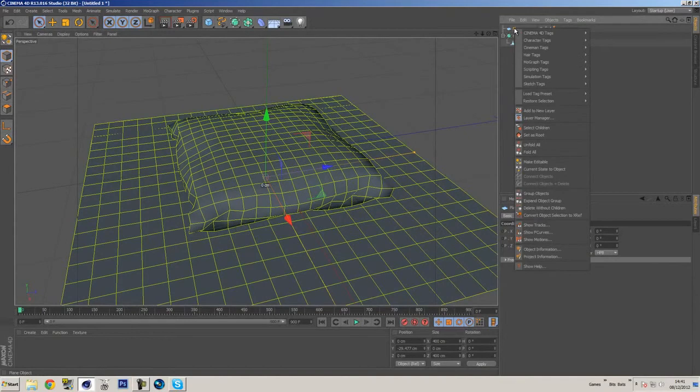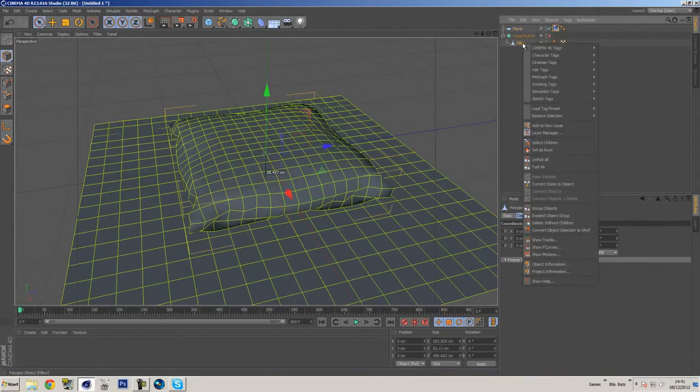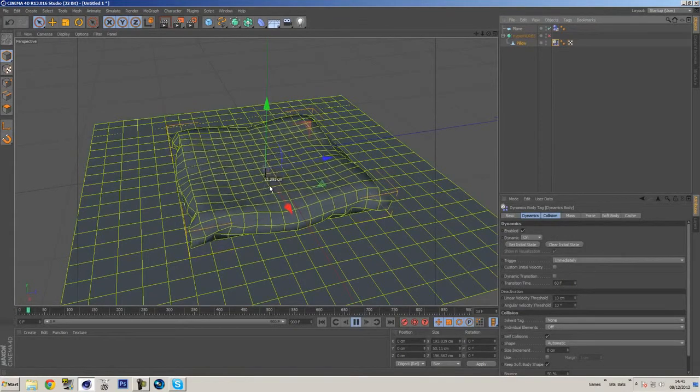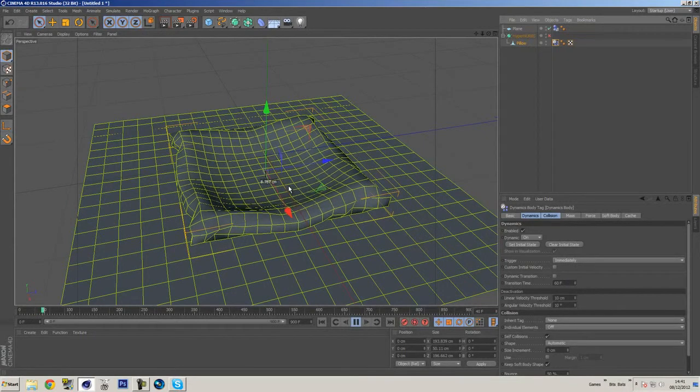So I'm going to right click this object, go to simulation, and add a collider body tag. I'm going to go to the pillow, right click, simulation, soft body tag. If we press play now, you'll see that this actually deforms quite cool. However, it is actually deflating, which is not what we want. It's not holding its structure, and it doesn't really look like a pillow anymore. But what it does look like is a pillowcase, which is what you would have without any stuffing